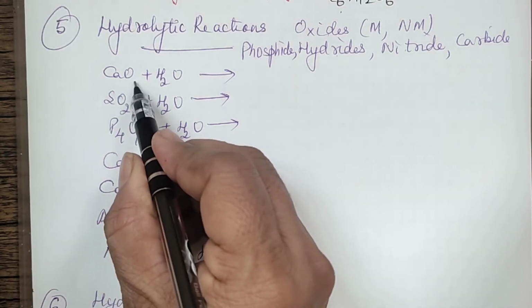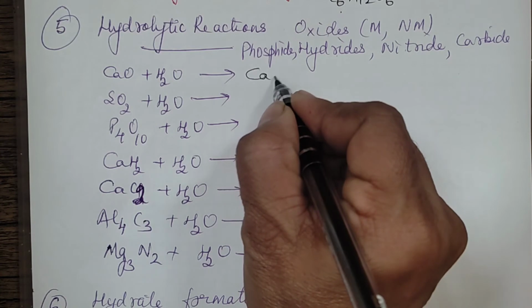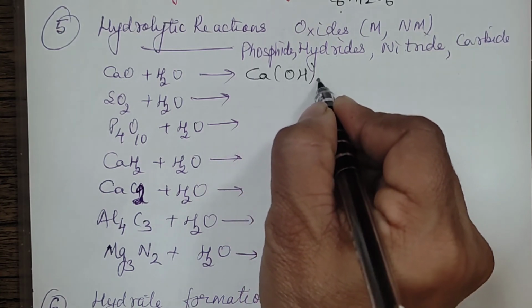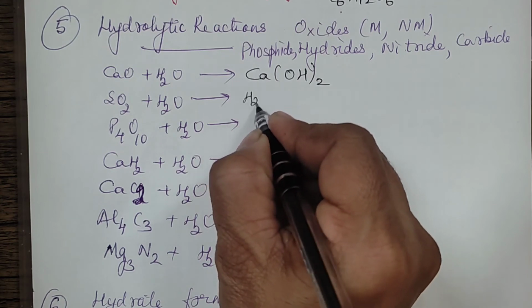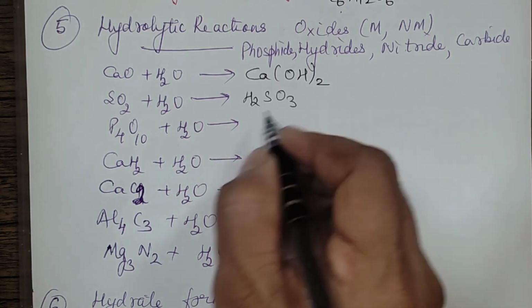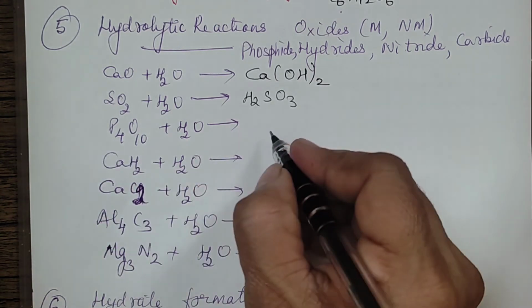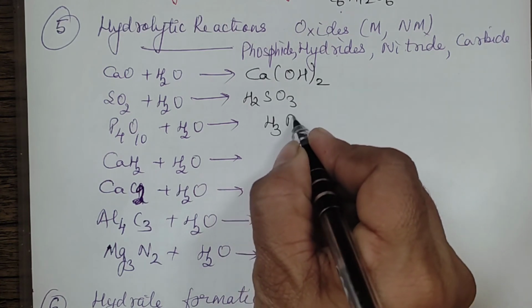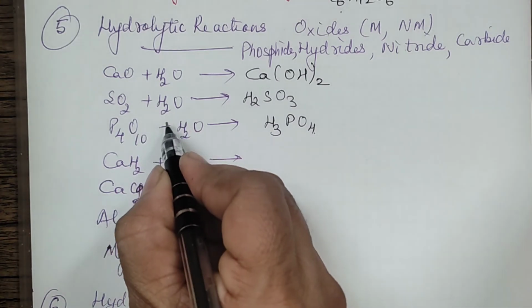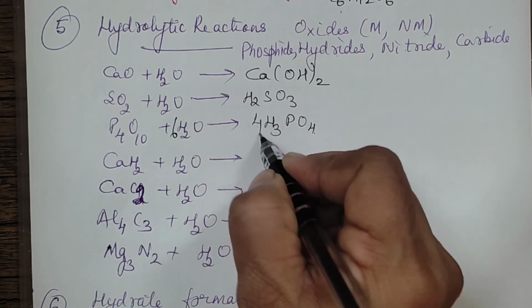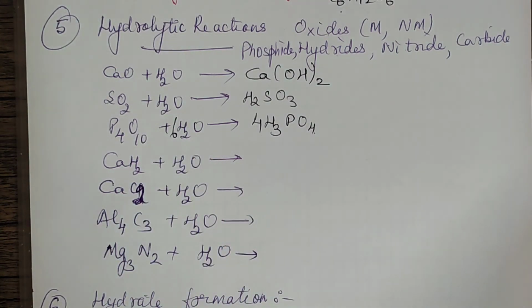It's a metal oxide. Metal oxide forms bases. This is acidic oxide. Acidic oxide form acid. This is also acid oxide. Acid oxide will form acid. Okay, this you can balance it. Okay, this I have not balanced. This is normal method. You can use it and balance it also.